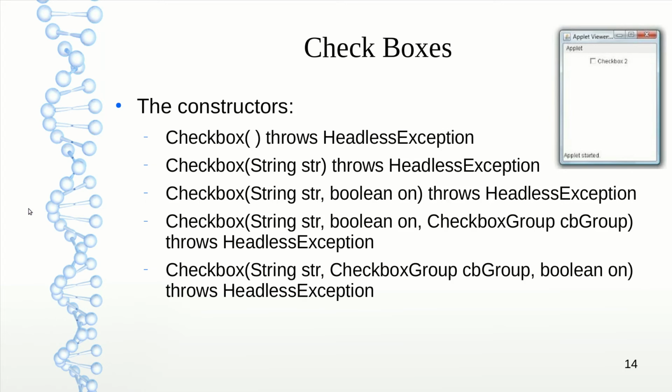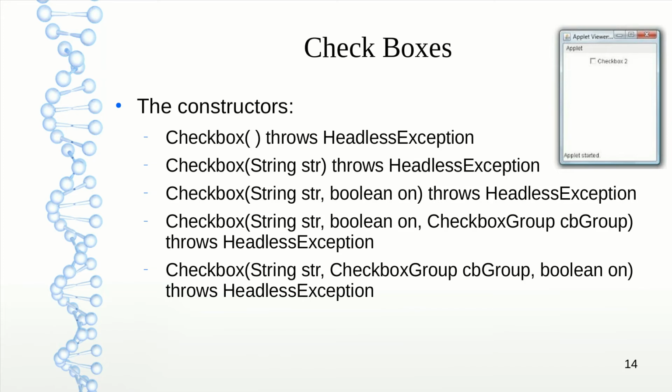For checkbox, we have a few different constructors. The first one is simply checkbox with no parameter passed to that. It creates a checkbox with no label at all. The second one receives a string as the argument, and here a checkbox is created with this string as the label. And in the next one, we have a checkbox with a string and a boolean variable which shows the checkbox is to be created with a tick on or a tick off.